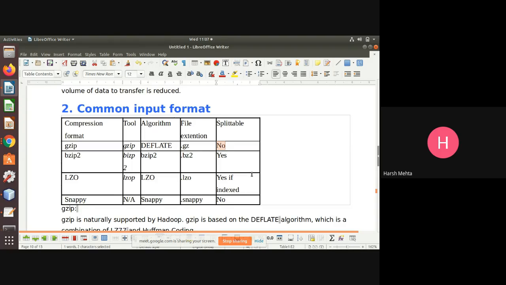So the data will be partitioned into that block size. If we are providing a gzip input file, it's not splittable, so we may not be able to process it in parallel.